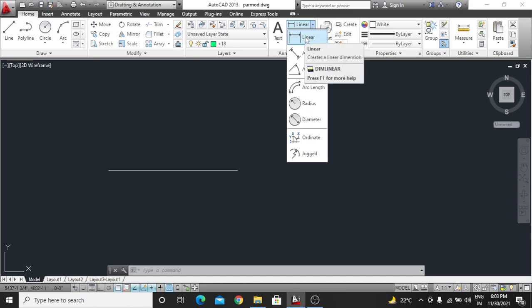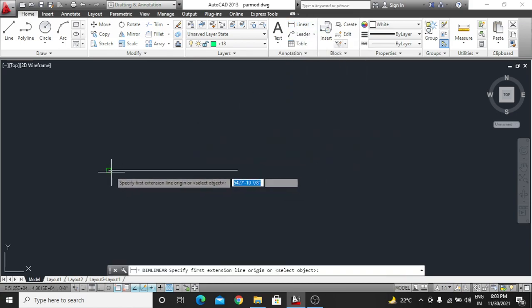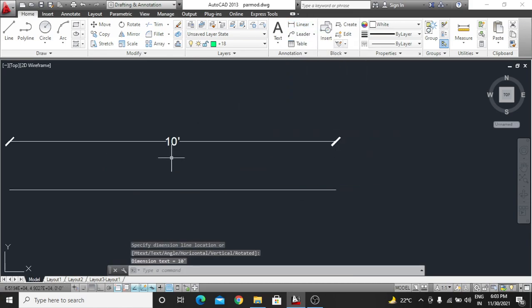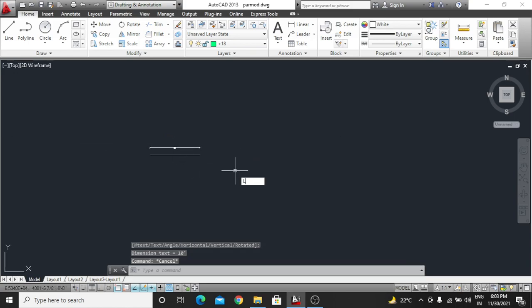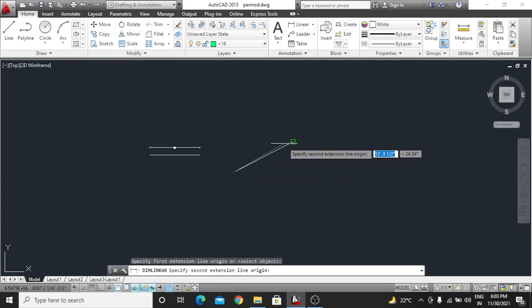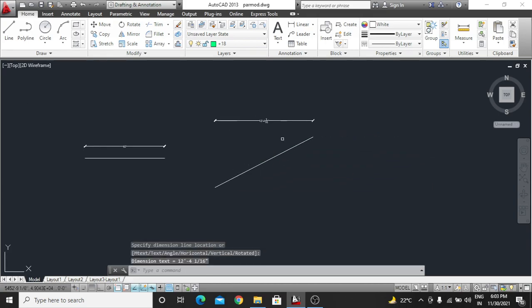Linear means it will count only at 90 degrees, 10 feet. Okay, that will not count the taper part. For example, the linear will count only this dimension, not the length.